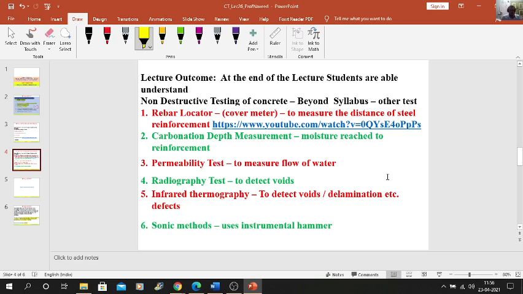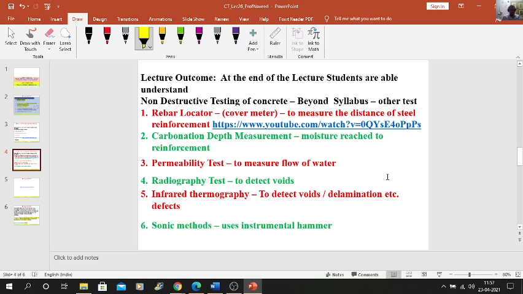Here we discuss the rebar locator or cover meter, to measure the distance of steel reinforcement beneath the surface of the concrete, and the diameter of the reinforcement also.